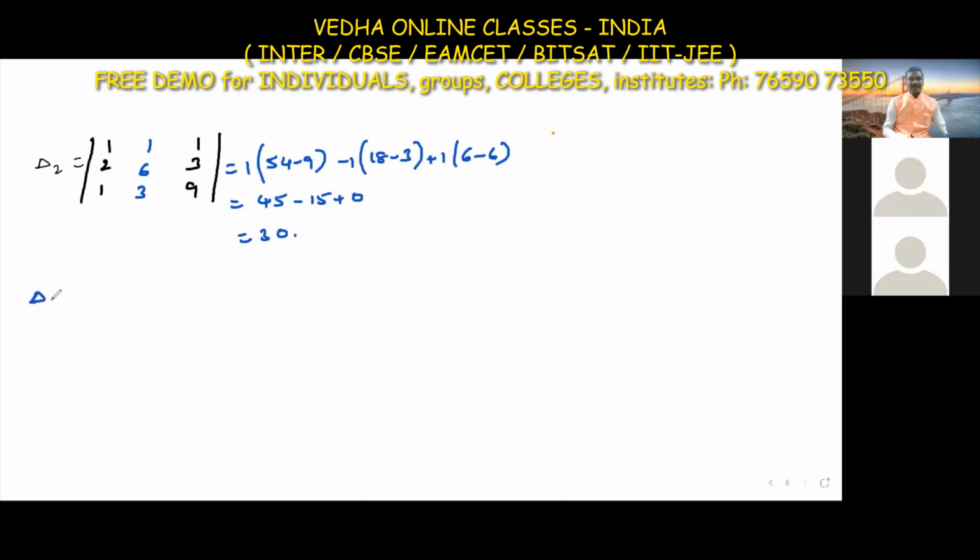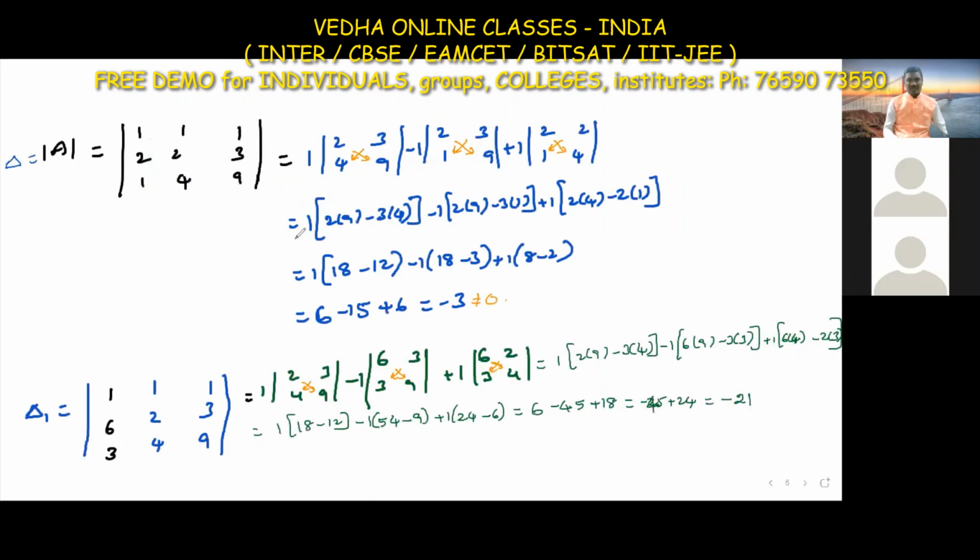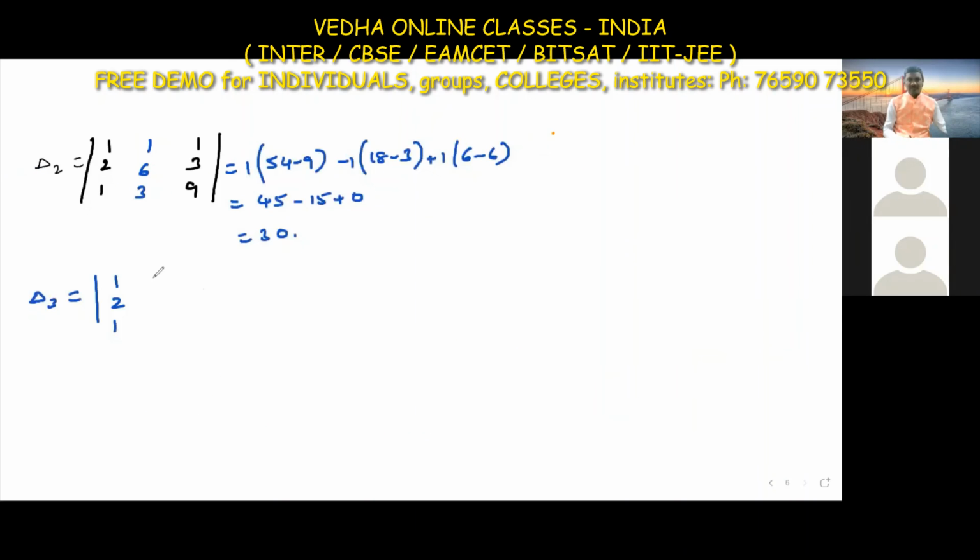Now find delta 3 also. Delta 3 is nothing but the first column as it is, and the last column we change. What about the second column? The second column 1 2 4 as is. We change the third column. Third column is 1 6 3. Now if I simplify here, 1 into (2 3s are 6 minus 6 4s are 24), minus 1 into (2 3s are 6 minus 6, 6 minus 6), plus 1 into, closing the row and column, (2 4s are 8 minus 2, 8 minus 2). This is equal to 1 into